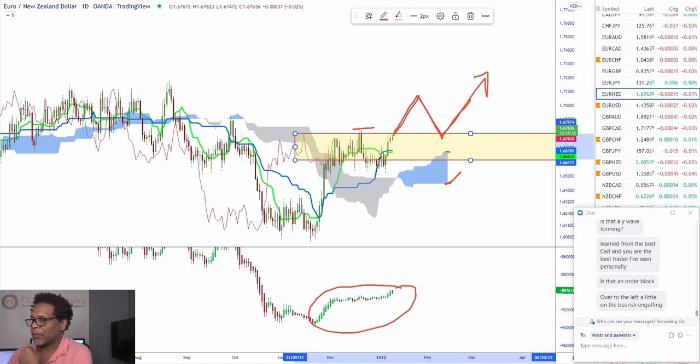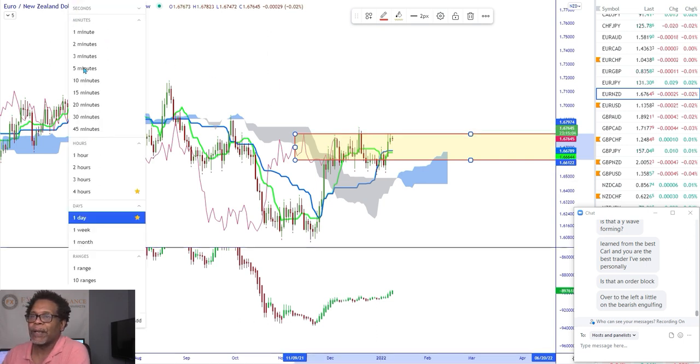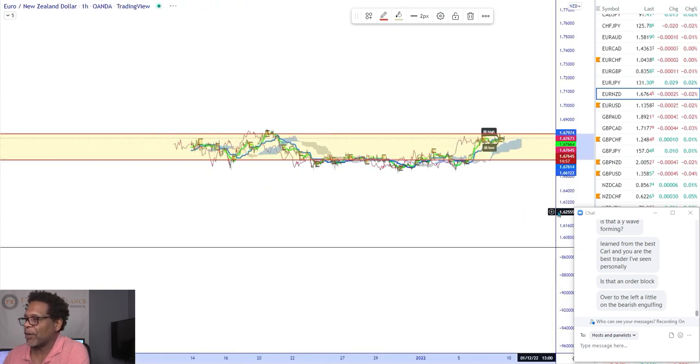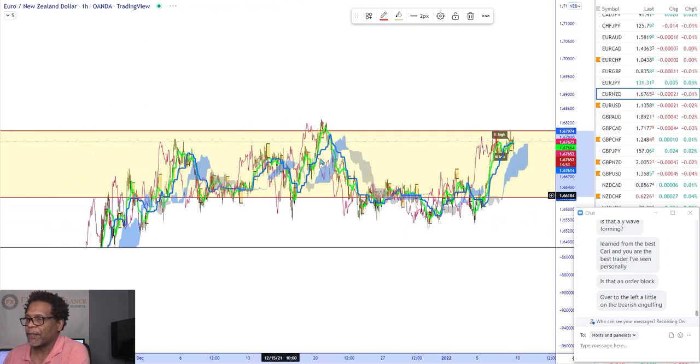We're sitting in between this box just like we drew. All right. And if you want to trade that box, then you have to go to a lower time frame and trade that box. So if you want to trade the box, just go to a lower time frame. Maybe you go down to like an hourly time frame. Let's say we go to an hourly and we could trade this box. You could go to a lower time frame, but I take everything off my chart at that point. And I fix my levels, but you trade these upper and lower levels.